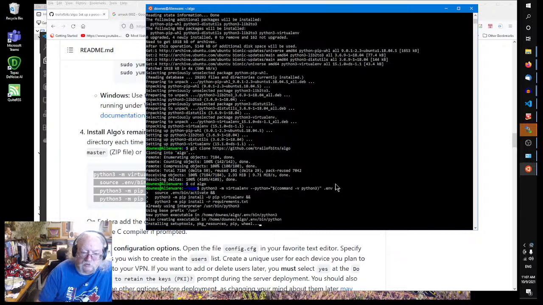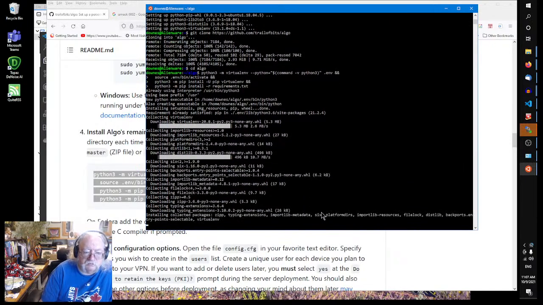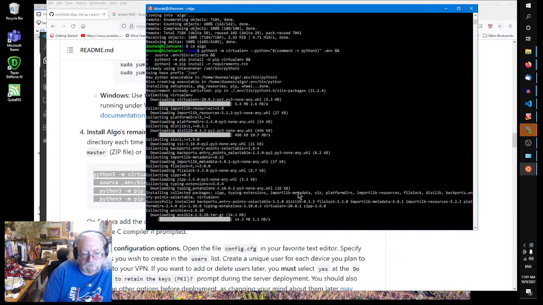Okay, already using interpreter. Also creating executable. All right. And environment. Okay, well that looks like it's running everything. So, downloading a bunch of things. File lock, zip, typing extensions, Ansible,